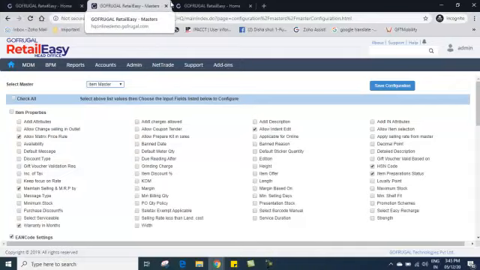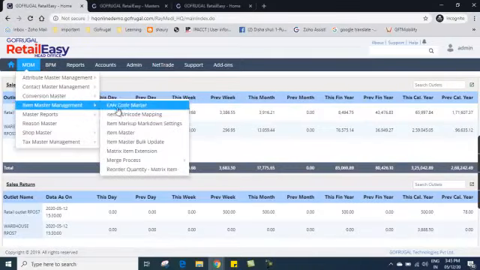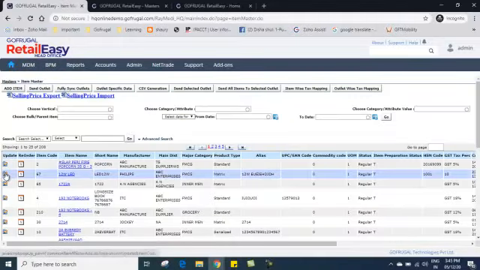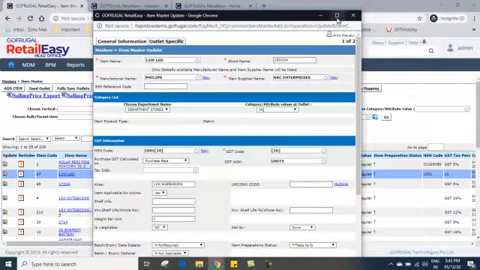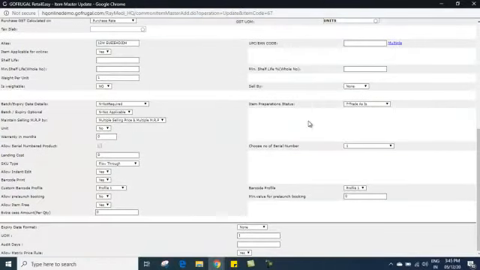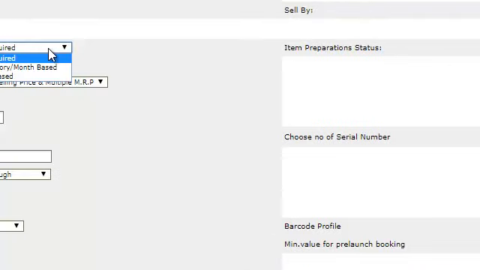So now let's go to the item master screen. I'm just going to edit any item. These things you can apply the same way while creating new items directly. So just come below. Now you can see the batch expiry date details. Here you have to select either not required or mandatory. By default it will be not required.